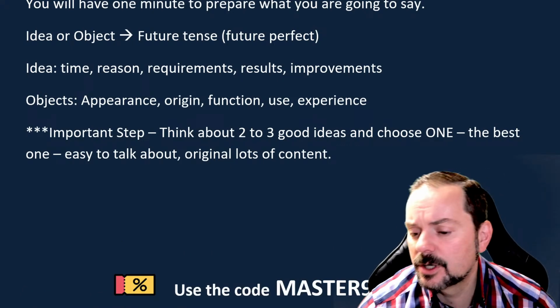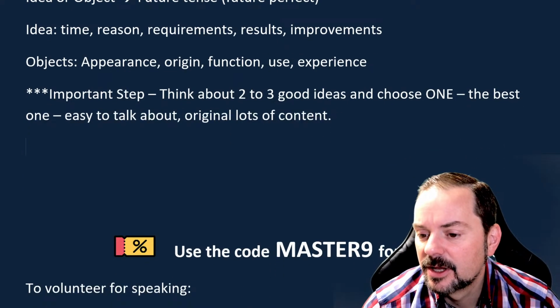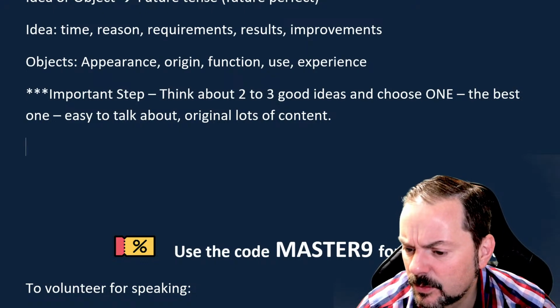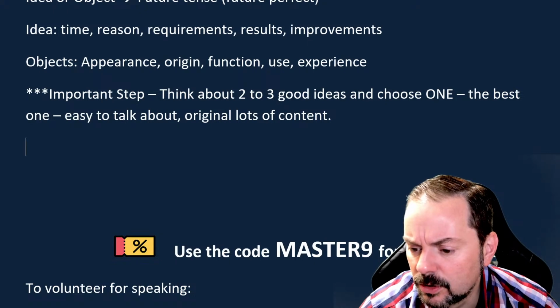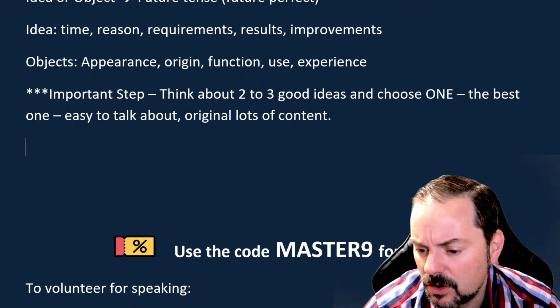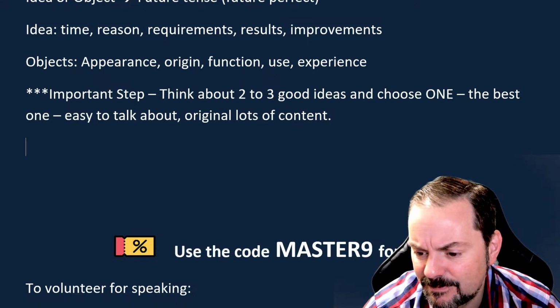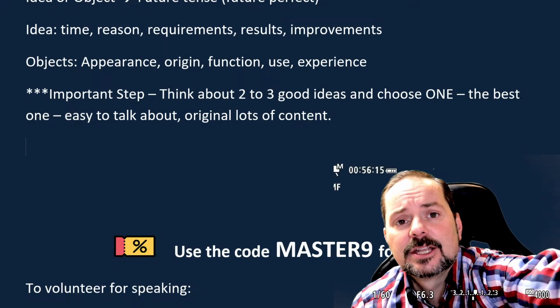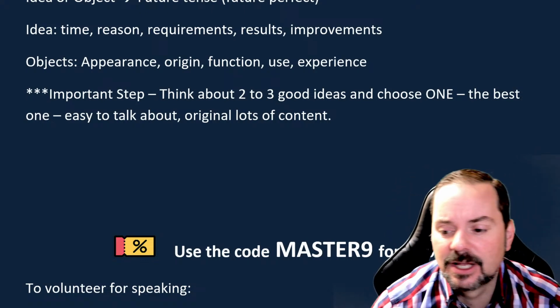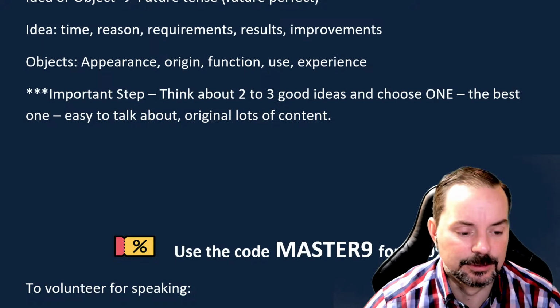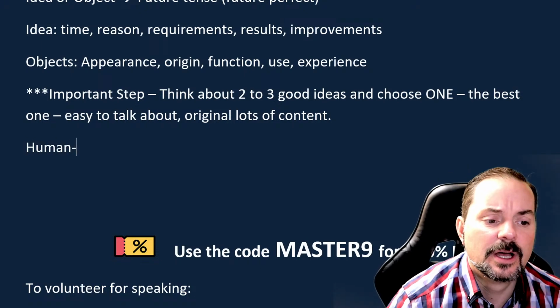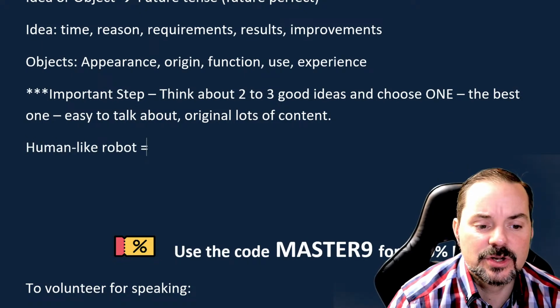Okay, so we're getting some ideas here. Let's see if anybody figured out what you call a robot that's like a human. Let me give you a hint. Google has this icon for their mobile operating system. In fact, they call their mobile operating system by this name. That is what you call a robot that's kind of like a human. It's got arms, legs, a head. Okay, so a human-like robot is called